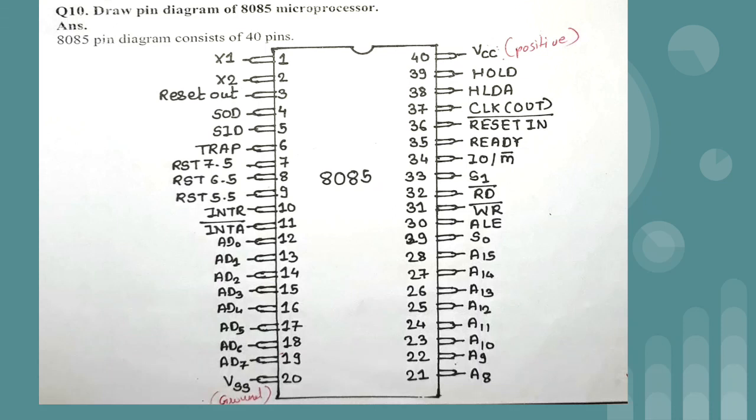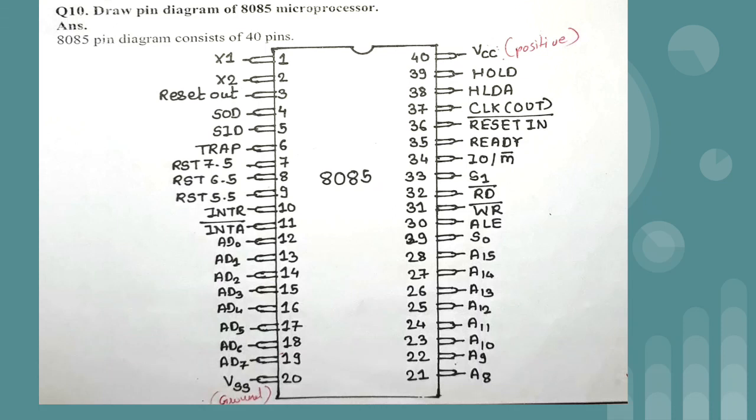And as we have seen in 11th standard, pin number 7 was connected to the ground and pin number 14 was connected to the positive terminal, right? Similarly here also, now it is a 40 pin IC. So pin number 20 will be attached to the ground and pin number 40 is connected to the positive terminal of the battery, which will provide the electricity. The pin which we connect to the ground is called VSS, and the pin which we connect to the positive terminal is called VCC. So pin numbers 20 and 40 are used for ground and positive terminal connection.